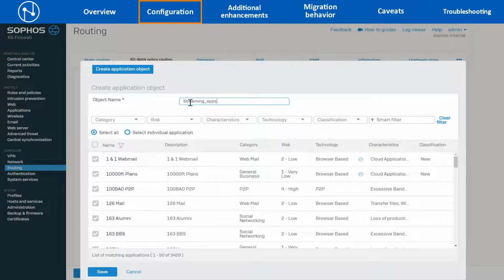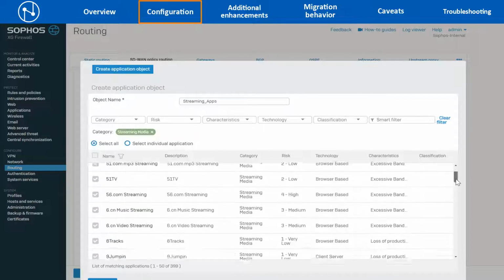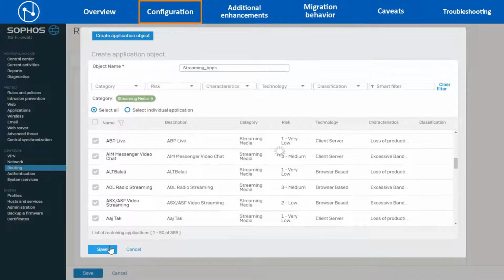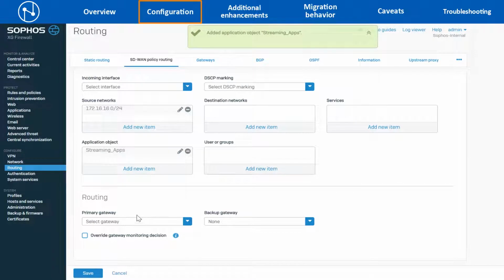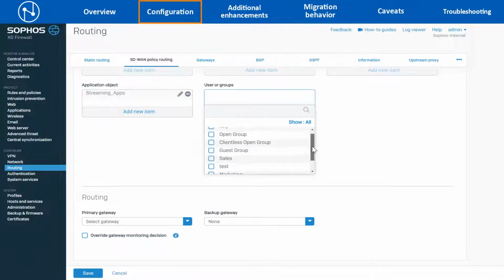Then select the category as streaming media so that all the streaming applications are automatically selected, and then click on the Save button. Optionally, if only certain authenticated users or groups are considered for this requirement, then we can also select them from the Users or Groups section as matching criteria.